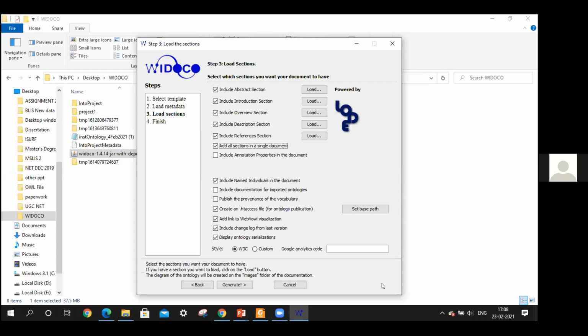The main idea is that this ontology documentation that we are creating will be shared on the web. And hence I think they have designed it in such a way that by default it comes unchecked, because this page will be uploaded on the server, on the internet, and shared.